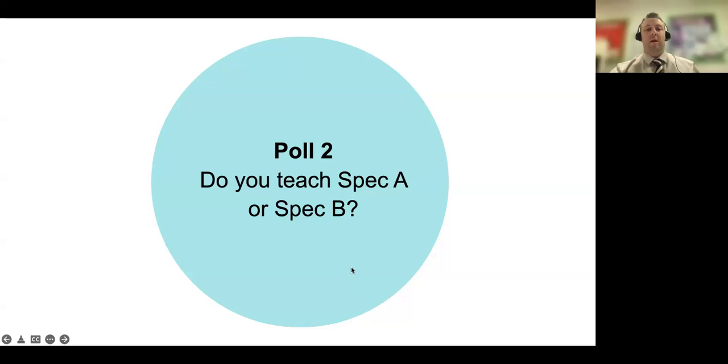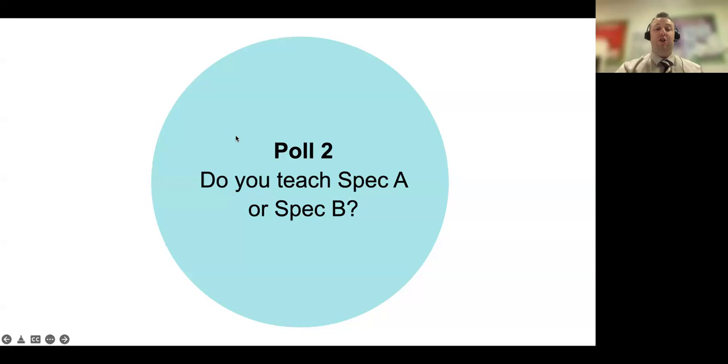Okay, let's stop it there. So the largest percentage of people here today, 63%, are those who are specification A, and we've got just over a third of people here who are delivering specification B. So we've got a mixture across the two specifications. And as I say to you, the questions that have been picked out today to look at in particular, the most challenging mathematical skills questions, are again from both specifications. And in the presentation, I'll highlight to you what specification each question's from and what paper they relate to as well. Last one,